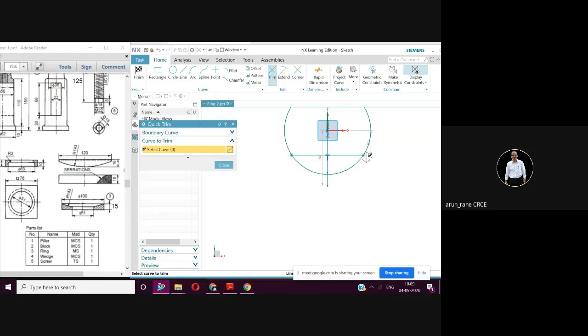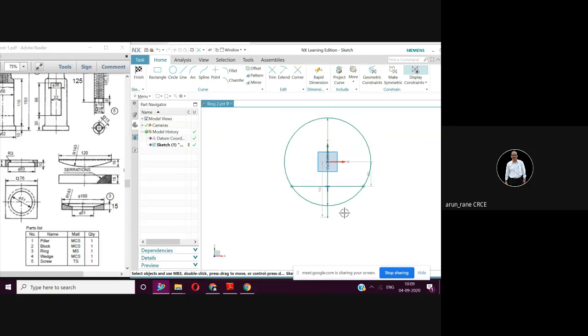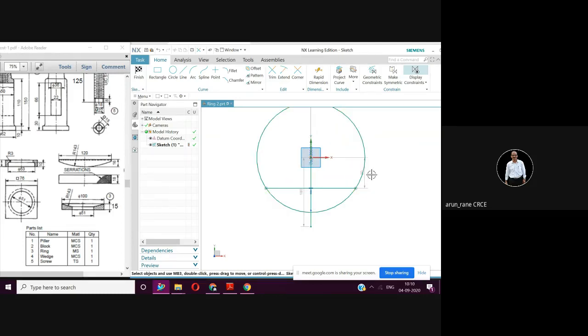Alright. So now what has happened here? This 80 dimension has come. That will not allow you to make this dimension 100. So I will delete this constraint first. I hope you are understanding. This 80 dimension will not allow it, because see, this is a circle, you have a center.